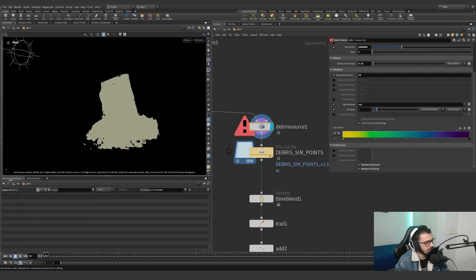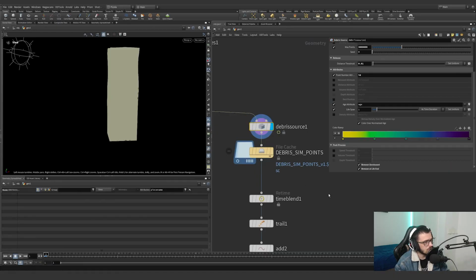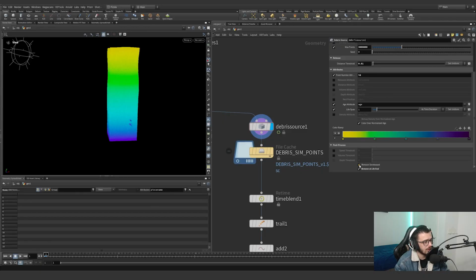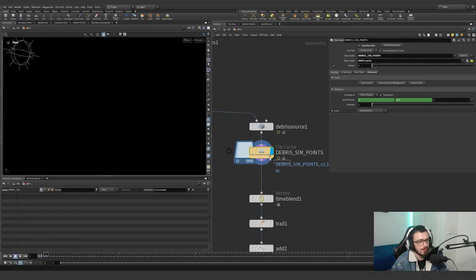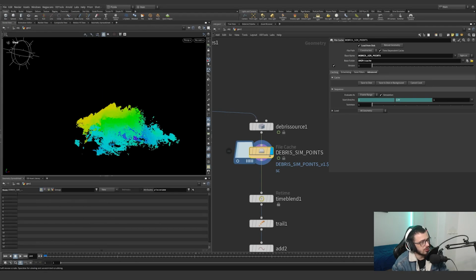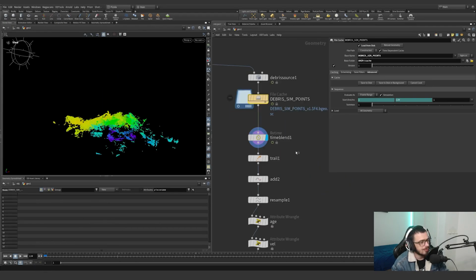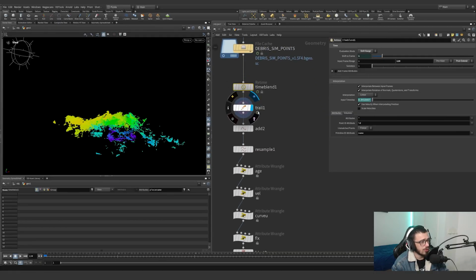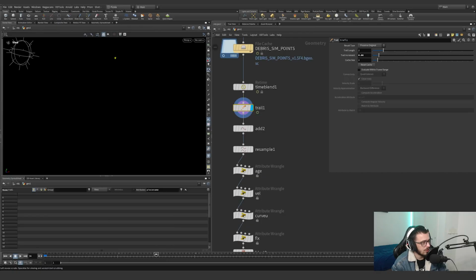You will see that on the first frame, we won't have anything because all the unreleased are being deleted. In this case, this is how it's going to be looking. So this is perfect for the smoke simulation. On the time blend, this is useful for when you want to create a trail, like I want to do